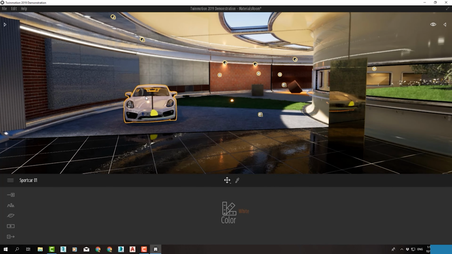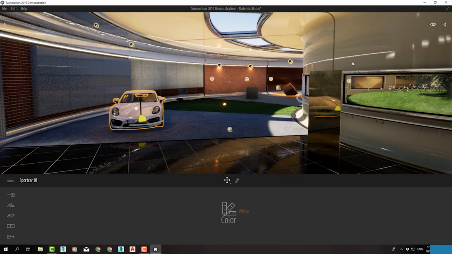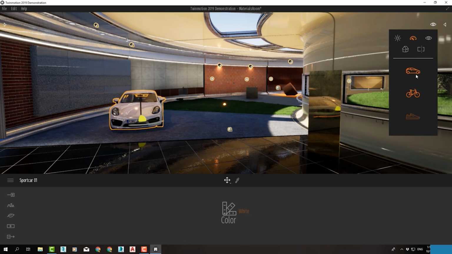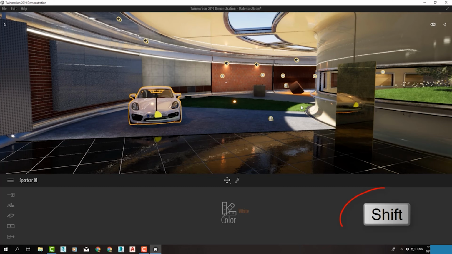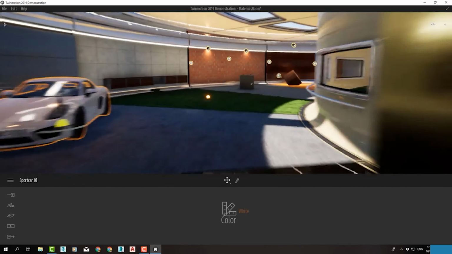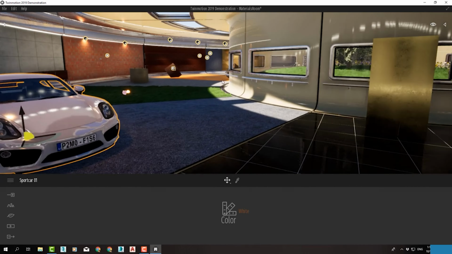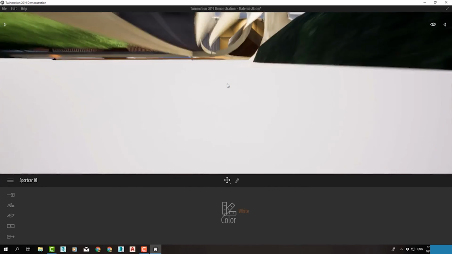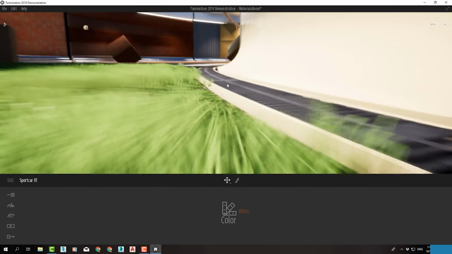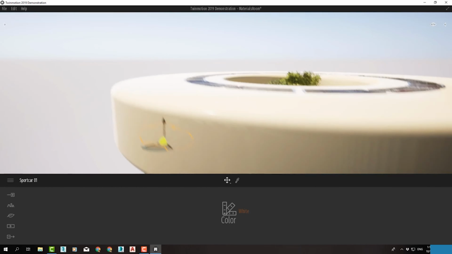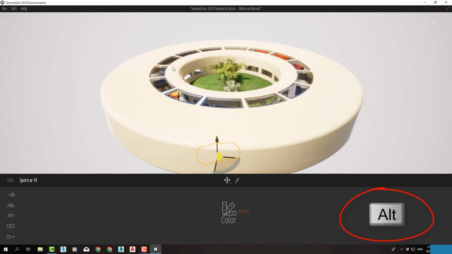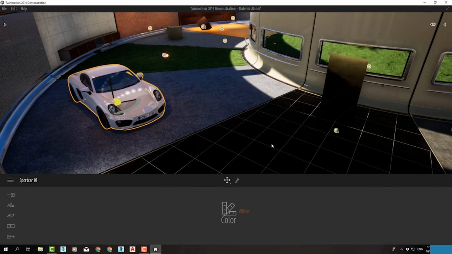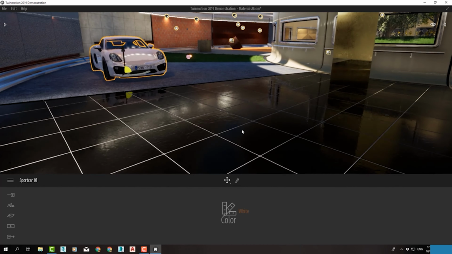Okay, let's say I'm moving with the speed of a bicycle, and I just want to move faster for just a couple of seconds and get back to my speed. The shortcut to speed movement is Shift. So while I am moving forward, for example, I press Shift with the W or the forward button, and that will make me move faster. On the other hand, if I want to slow the movement down while moving, we can press Alt like this. And that's all about how to navigate inside Twinmotion